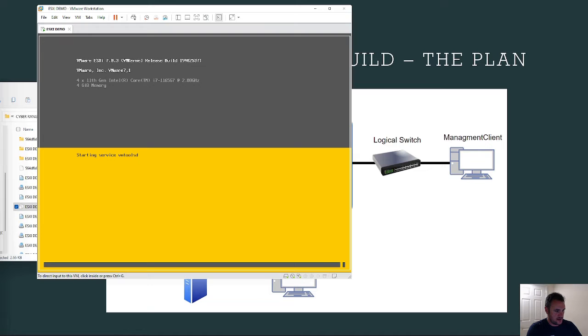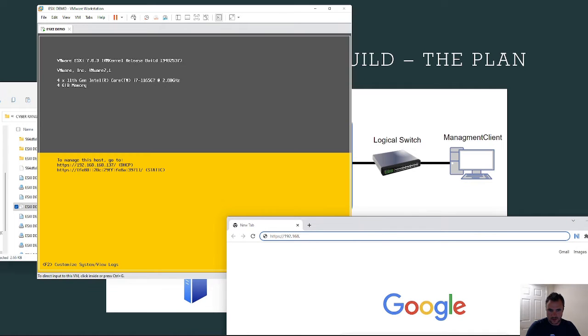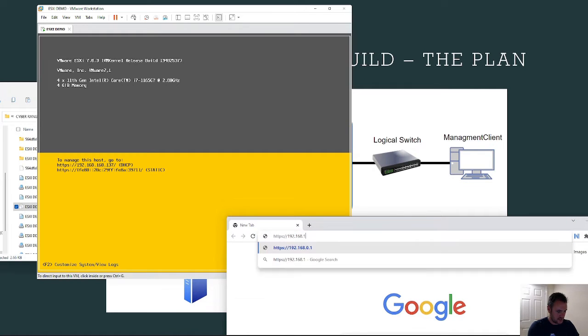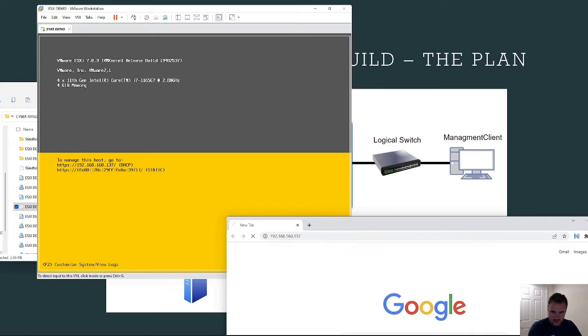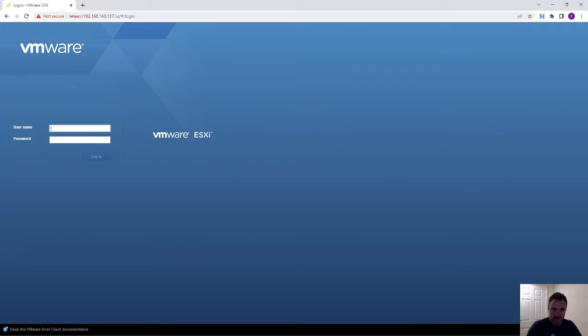And then HTTPS. There we go, 160.137. Cool. So that's communicating internally. And if I go root and enter the password,